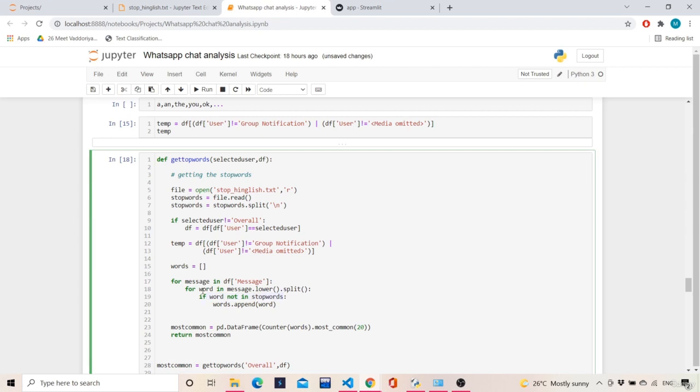So if the particular word in a message is not in the stop words, then that word is considered to be a word which is conveying some meaning. For example, Chinmay said, please attend all the classes. So classes is not a stop word. It is conveying some kind of meaning. The sentence was, please attend all the classes. That is the message, and I am converting that message into lower case so that there is no case sensitivity, and then I am splitting that with respect to space. By default, if I don't put anything, it separates with space.